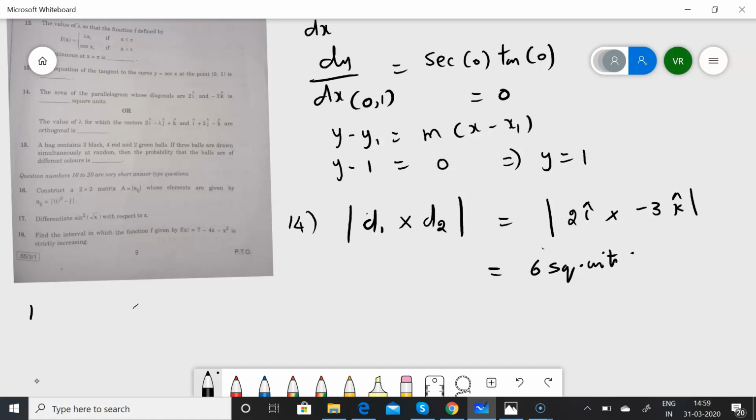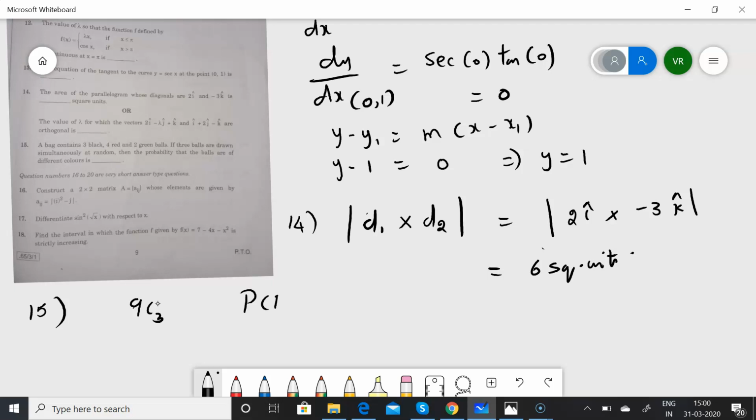Next is 15. A bag contains 3 black, 4 red and 2 green balls. If 3 balls are drawn simultaneously at random, then the probability that the balls are of different colors is. So the total number of outcomes is now going to be, out of 9 balls, we are now going to take 3 balls. So 9C3 is now going to be the total number of outcomes. Now out of 3 black balls, we are now going to take,